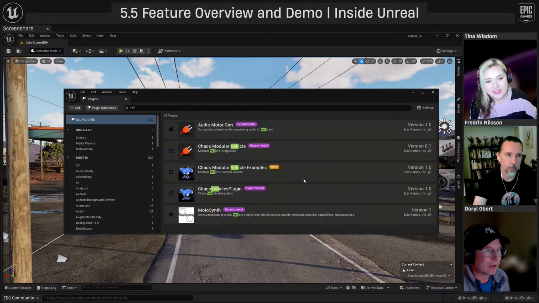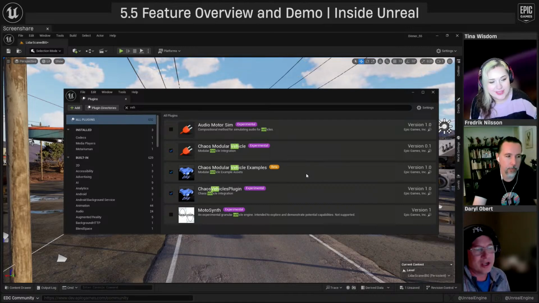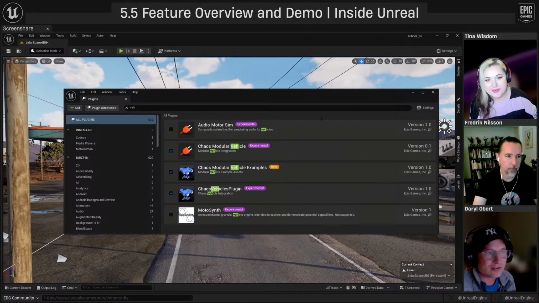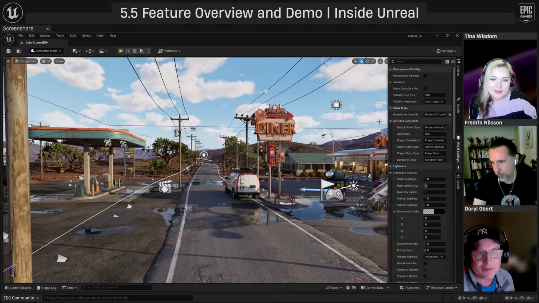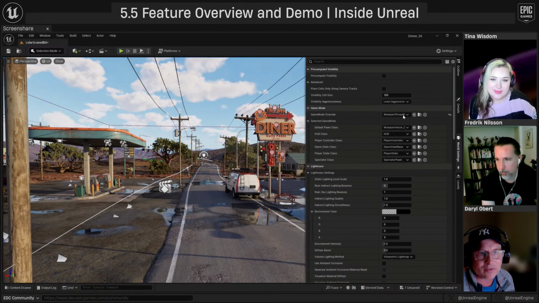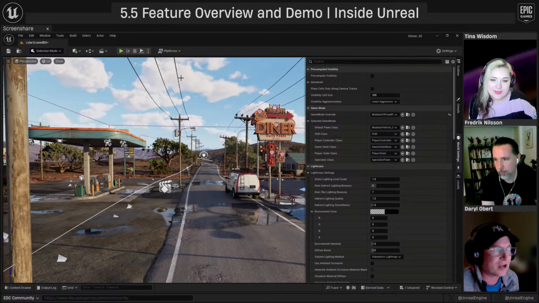I did hack my own vehicles into a few of them, and I'll show you that at the end. But it's really a very cool system, and it's called modular vehicles because it can do cars and planes and hovercraft. There's a bunch of different things you can do with the tools. So let's go ahead and check it out really quickly. I switched my game mode in world settings to be one of these based off the modular vehicle. This basically loads up when you open up one of the sample projects. I just kind of added it into my project here.